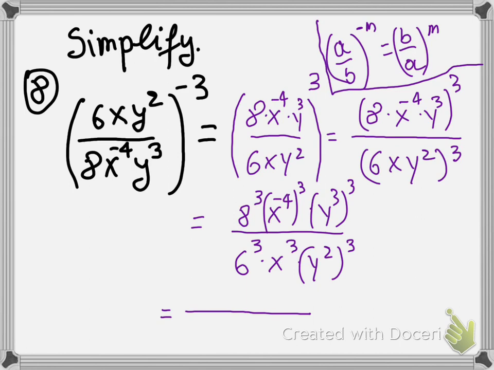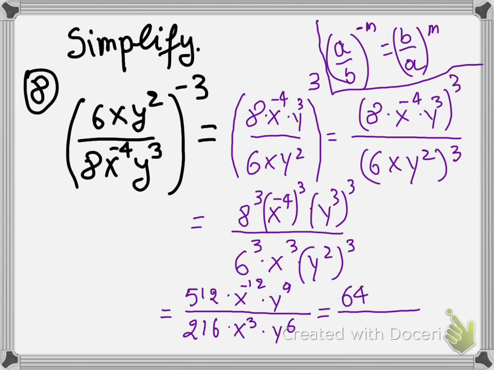8 to the third is 512, times x to the negative 4 to the third is x to the negative 12, times y to the ninth, over 6 to the third is 216, times x to the third times y to the sixth, equals, let's simplify this, 512 divided by 216 simplifies into 64 over 27, and then we're looking at